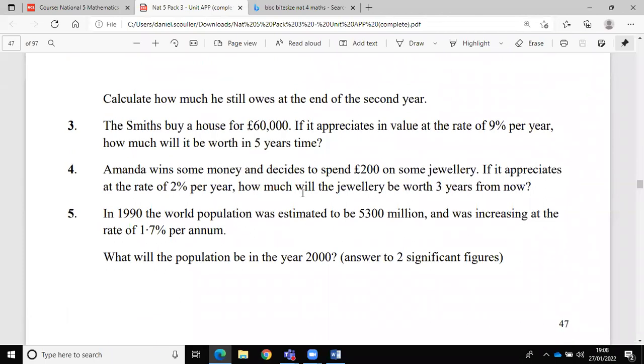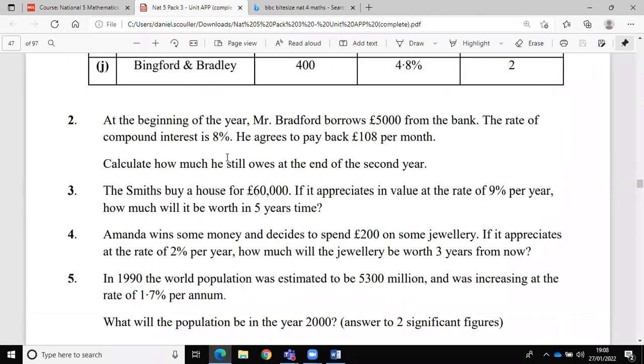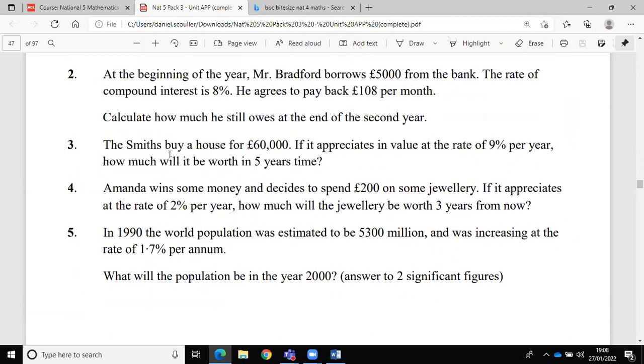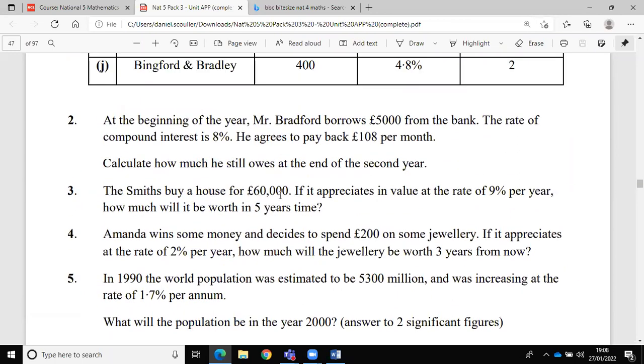do that only. Have a wee think about question 2 and see if you can work that out. Remember the answers are at the back if you've got this open. I'll leave this on the screen, okay? But if you can do question 3, 4 and 5, then we'll take a break and we'll come back together at